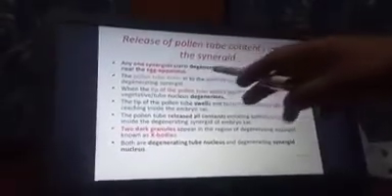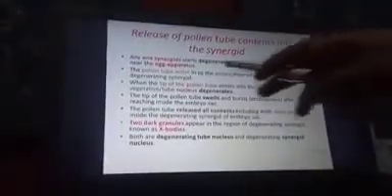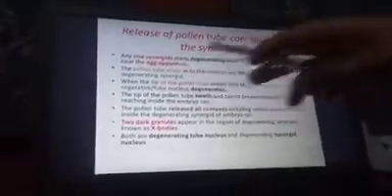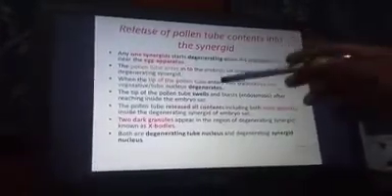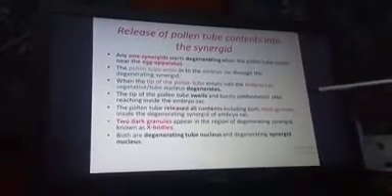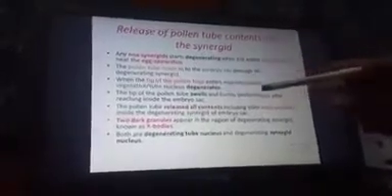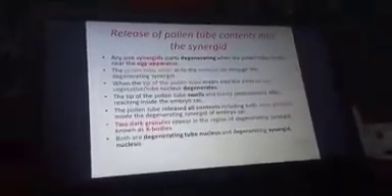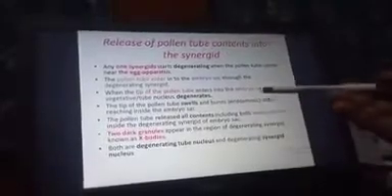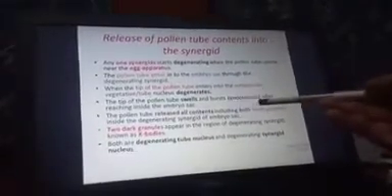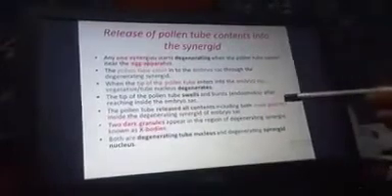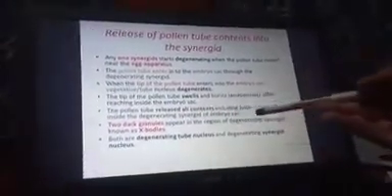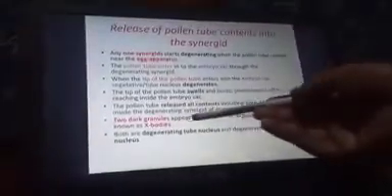One synergid starts degenerating when the pollen tube comes near the egg apparatus. The pollen tube enters into the embryo sac through the degenerated synergid. When the tip of the pollen tube enters into the embryo sac, the vegetative or tube nucleus degenerates. The tip of the pollen tube swells and then bursts due to endosmosis. After reaching inside the embryo sac, the pollen tube releases all contents, including both male gametes, inside the degenerated synergid